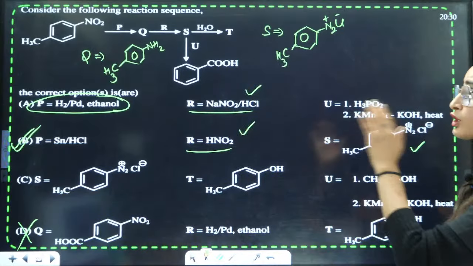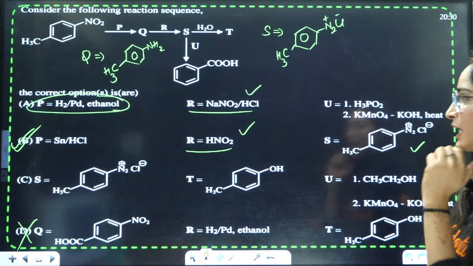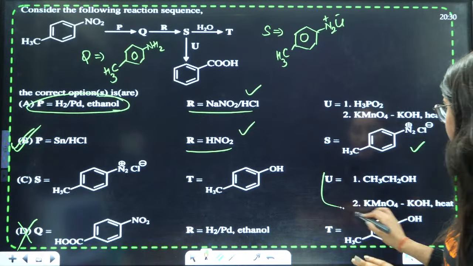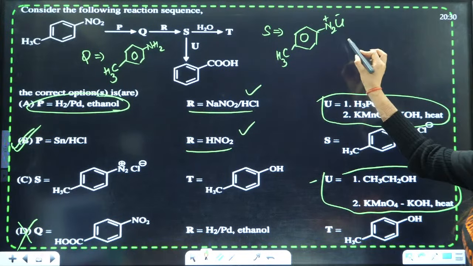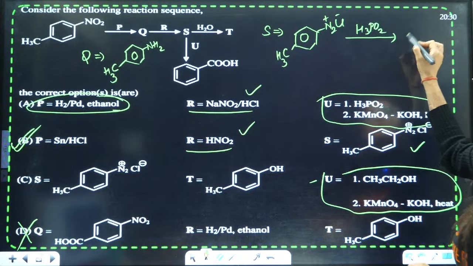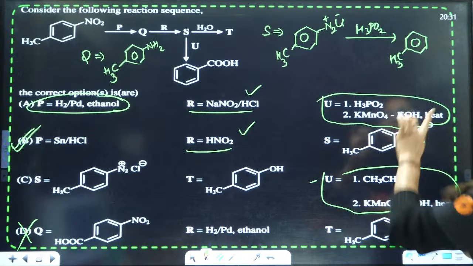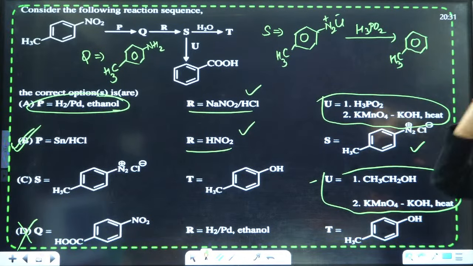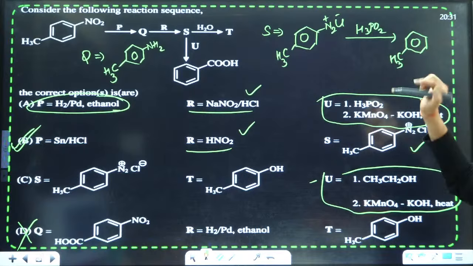Let us see if any other option is correct. After forming S, you are adding U. What is U? U is given to be this or this. I told you one thing, that when you add H3PO2 to the diazonium salt, the N2Cl will be converted to hydrogen. That means you will have toluene. So T is definitely toluene. So wait a minute. This one they are asking. After this they are also doing